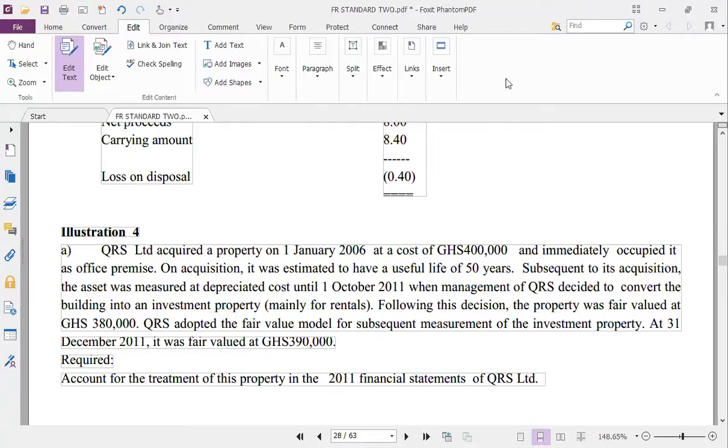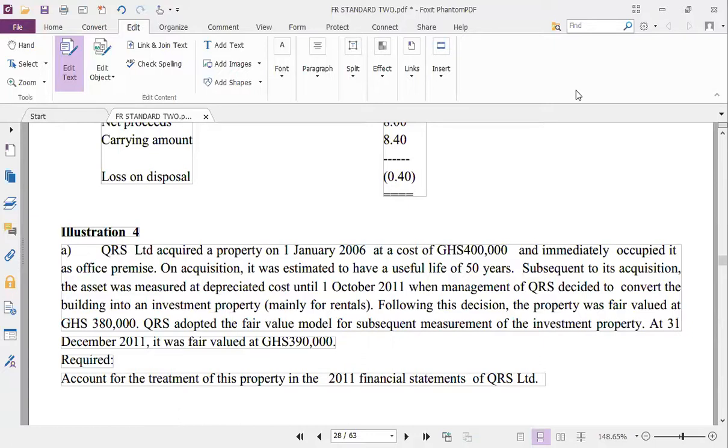Office premises, as owner occupied, PPE, IAS 16. Good. On acquisition, it was estimated to have a useful life of 50 years. Subsequent to its acquisition, the asset was measured at depreciated cost until October 2011,